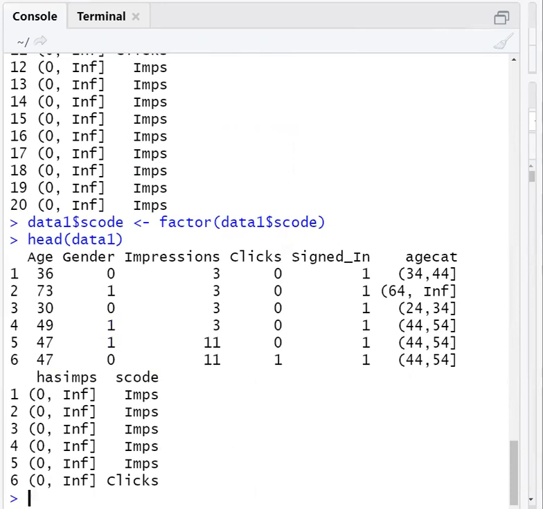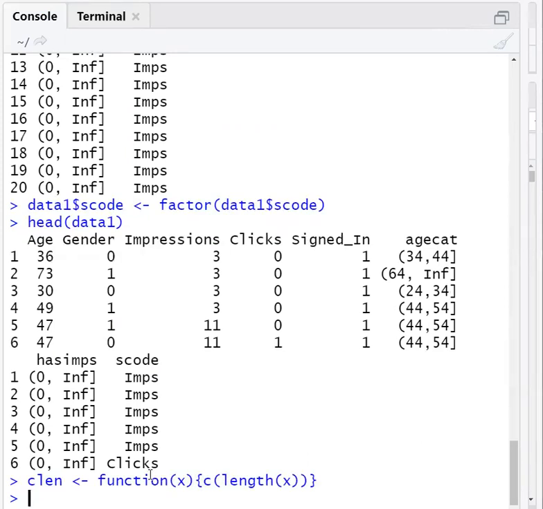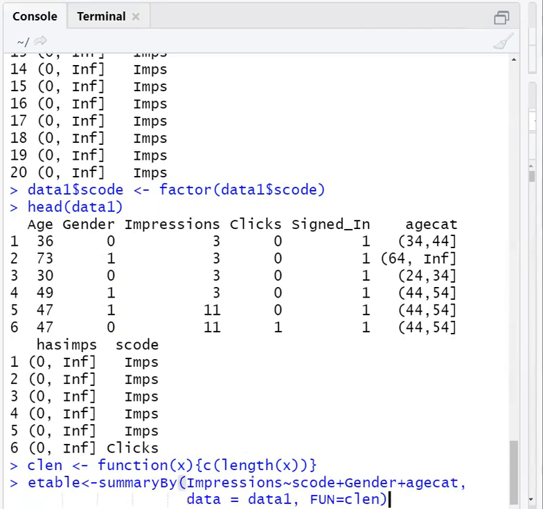Now if we want to look at the levels, we can just print this. So C length: a function we are declaring that will give us the length. We can utilize that for the summary by method. So we will print it in a summary by, from summary on impressions by S code.